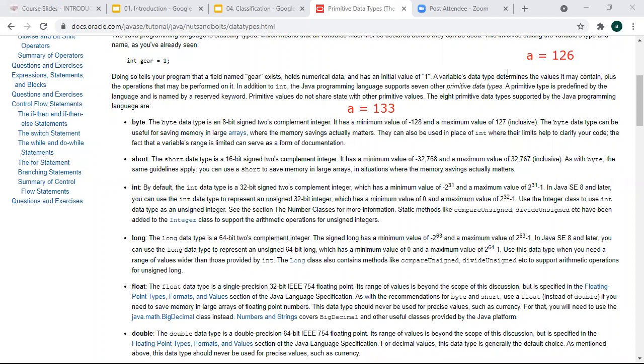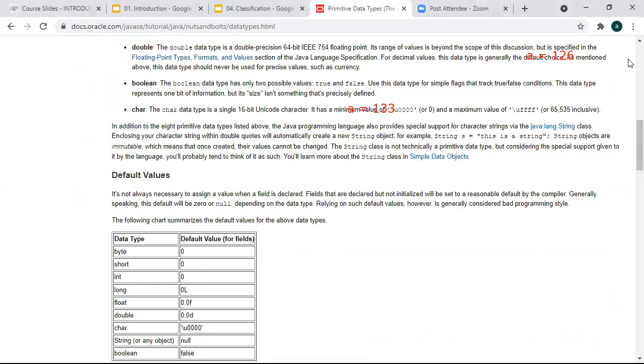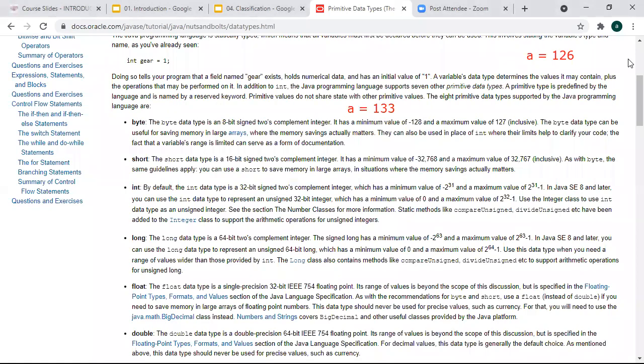Tomorrow when I connect, I will explain more programs on this. So today, those who are facing the path setting error or any Java error, resolve that. I told you how to do that. Go to the advanced system settings, environment variables, and set the path. You have to download the JDK and run that JDK setup. Once you run the JDK, that folder will be created in the C drive. Then you have to give the path. Is it clear to everyone?